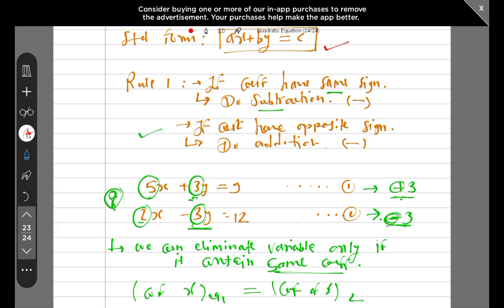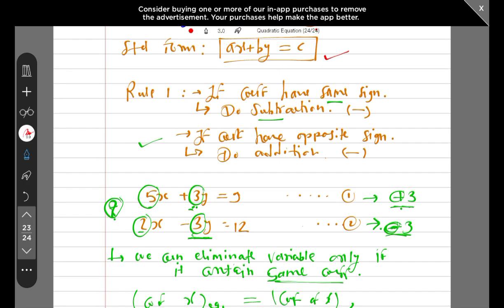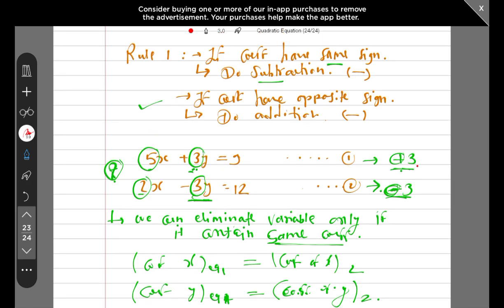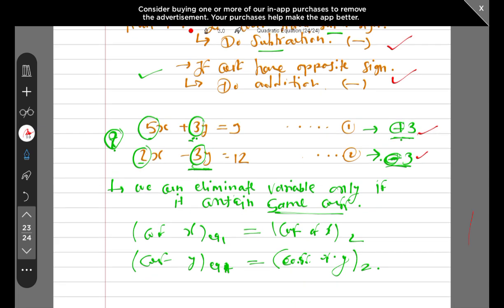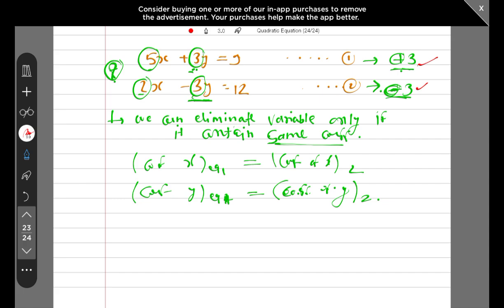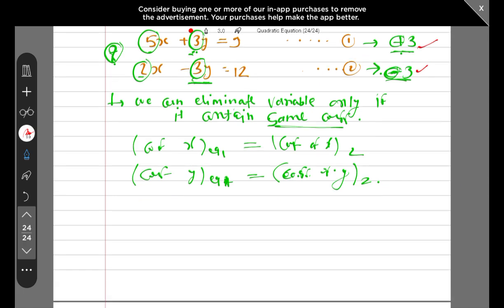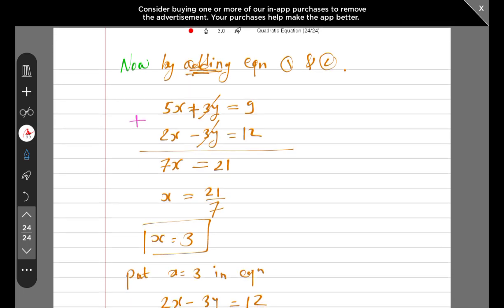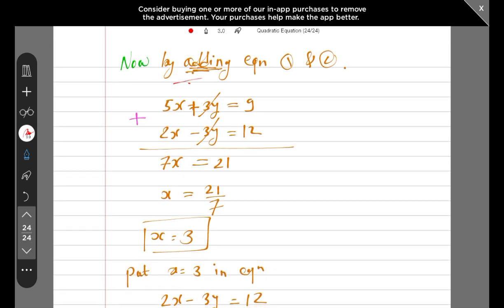the other rule is, you have to make the coefficients equal, the same. Why? Because we have to follow the elimination approach, right? So if the coefficients are the same, then you have to do subtraction. If the coefficients are opposite, then you follow case number 2, that is you have to do addition of the two given equations. Clear? All right. Now say why these operations are done. In our case we have coefficients with opposite signs, that's why we followed